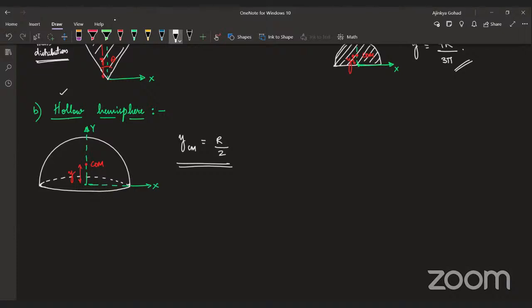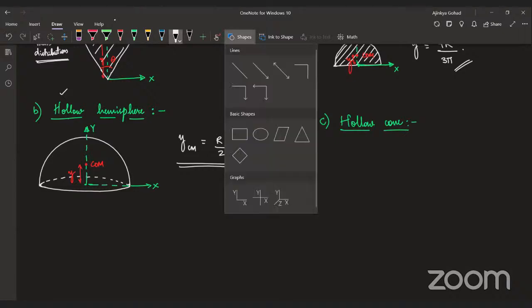So what we can do is now we can also write for, let's say, a hollow cone. That will also make a good example. If you remember this, it will make a good impact on your studies. So let's consider a hollow cone, a right circular hollow cone. Okay. So if I have a cone,